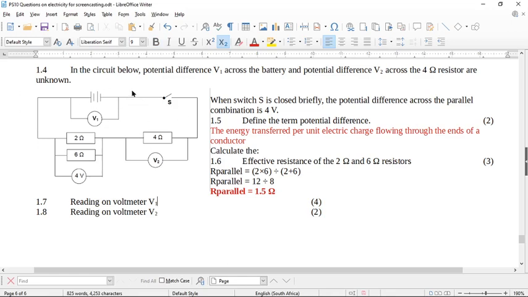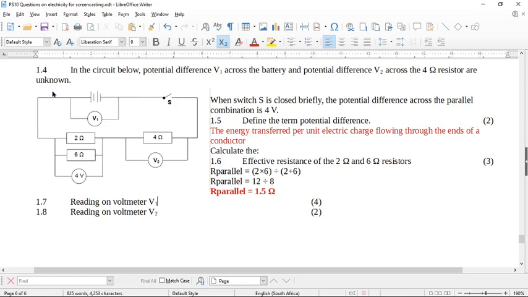So if you look at this circuit and you take these two resistors and you consider them as a 1.5 ohm resistor, this is why we've calculated the effective resistance. So then if we look at this circuit, we pretend this is a 1.5 ohm resistor and we have this as a 4 ohm resistor. So the total